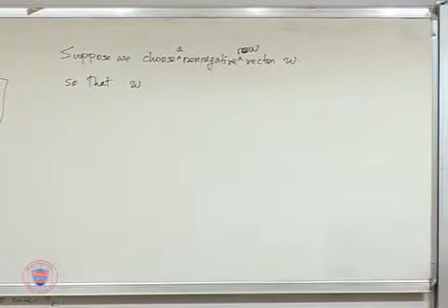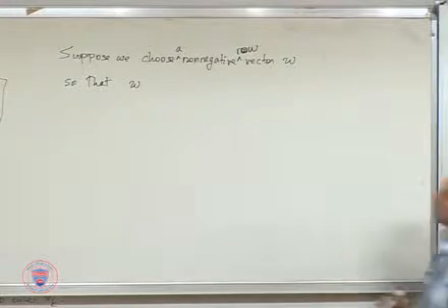Suppose I choose a non-negative row vector W so that